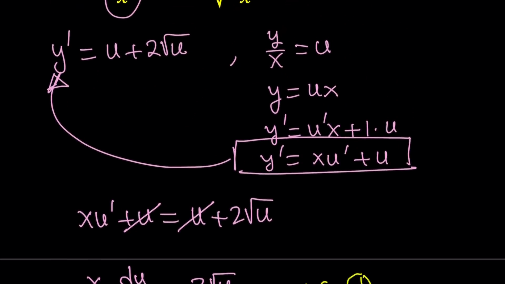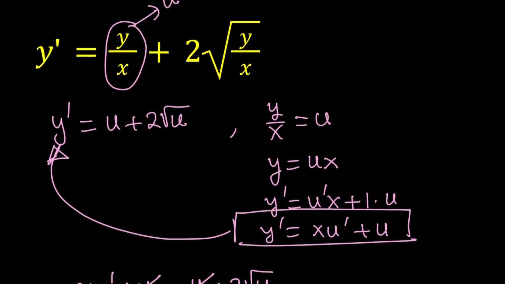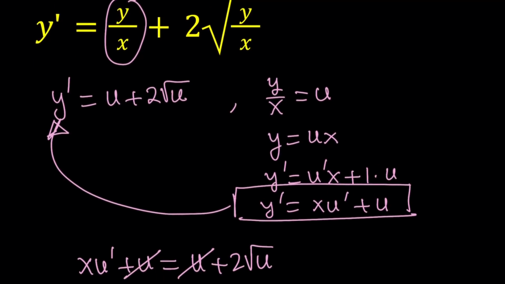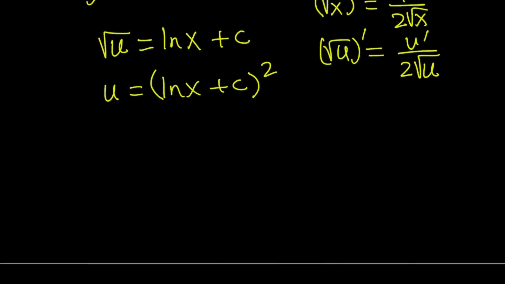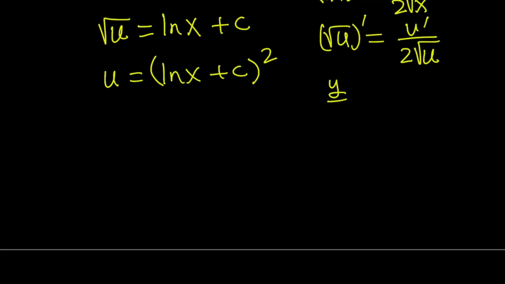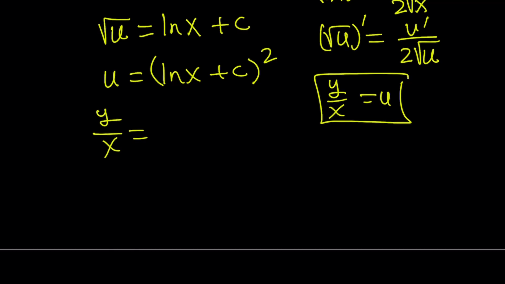So that gives us the value of u, but we have to go back to y because we're trying to solve for y here. And the relationship between x and y is what? Y over x equals u. So now we can go ahead and use this. Y over x equals u. Therefore, we can replace u with y over x. And then from here, since we're trying to solve for y,